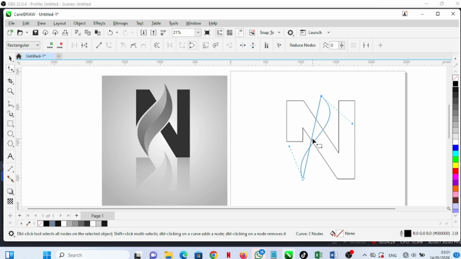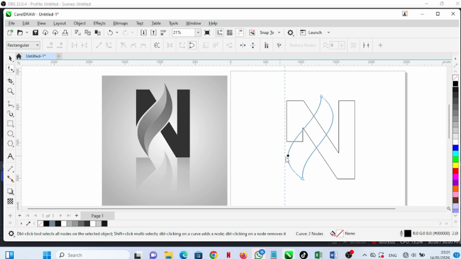Then select the closed curve line and give it curve. Now control it how you want it to look. Look at what happened here. Control the curve line. You can simply go down here, click and drag. Make sure that this particular place does not pass this line. Control it. If need be, you bring your ruler